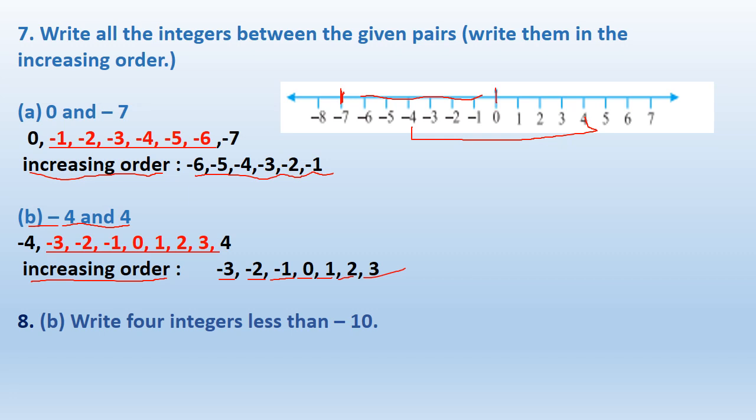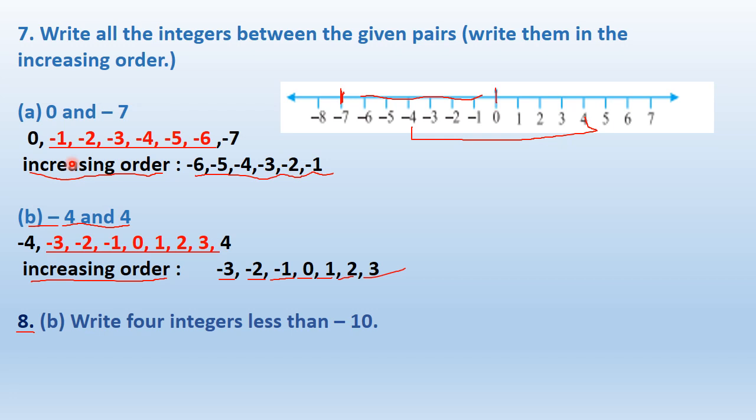Now see question number 8. I am going to take one question out of this, and of the rest, only A is there. It is homework for you. And in question number 7, there are a total of 4 questions. Out of that, I explain 2, and the rest 2 are homework for you. You have to write all these questions in your copy the same way I explain here.